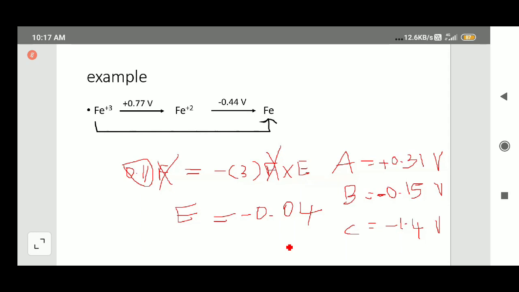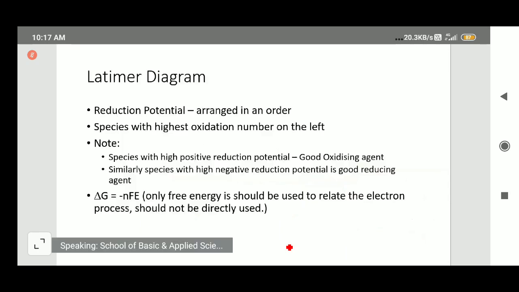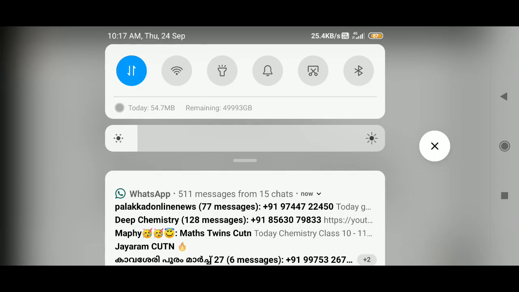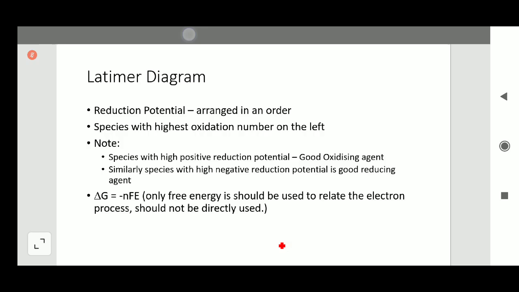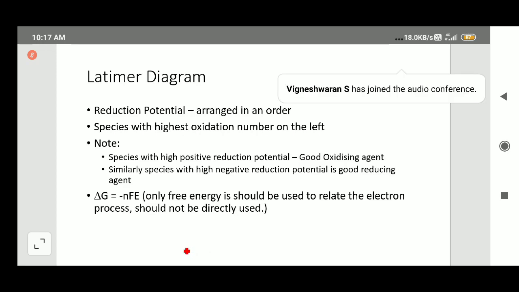So only two concepts you are going to explain or derive from the information based on the Latimer diagram. For doing so, you should follow whatever I listed here. Only this much is expected for you to learn. Now, before going into the manganese example, I found a very nice video which explains step by step. I will show you the video. We'll pause in between the video and you can ask questions.